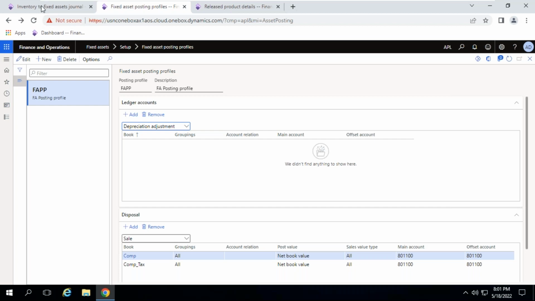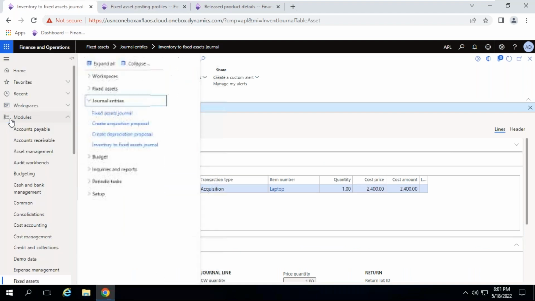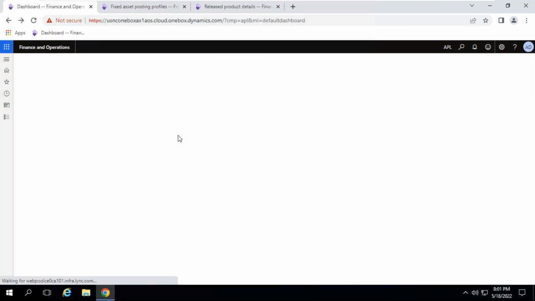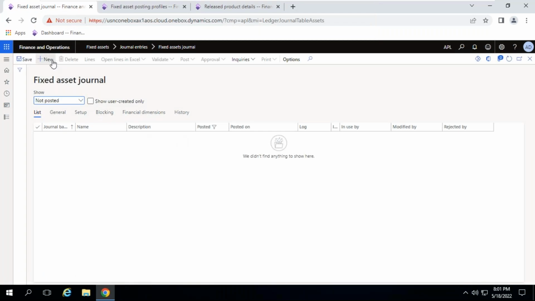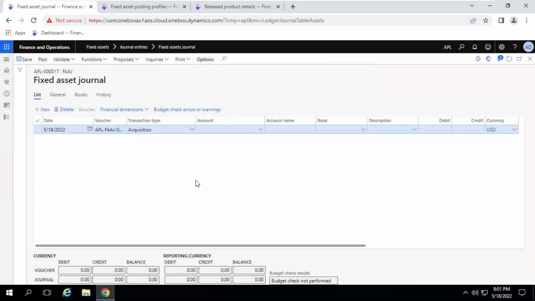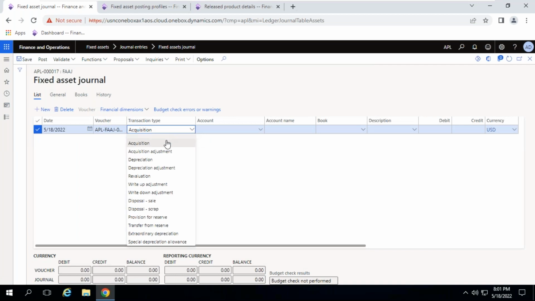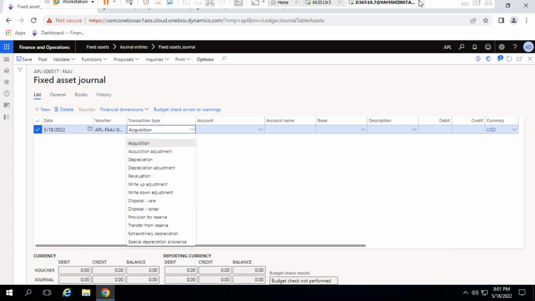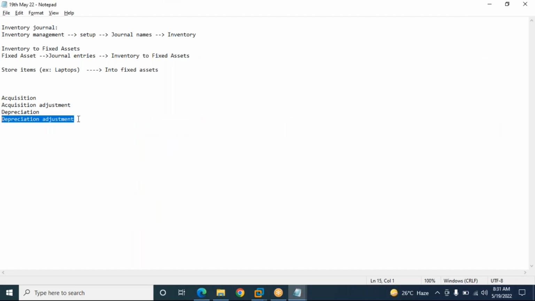In the journals also we have the same, in the fixed asset journals. Click on new, suppose acquisition, lines. You have options: acquisition, acquisition adjustment, depreciation adjustment. We understood. Next,